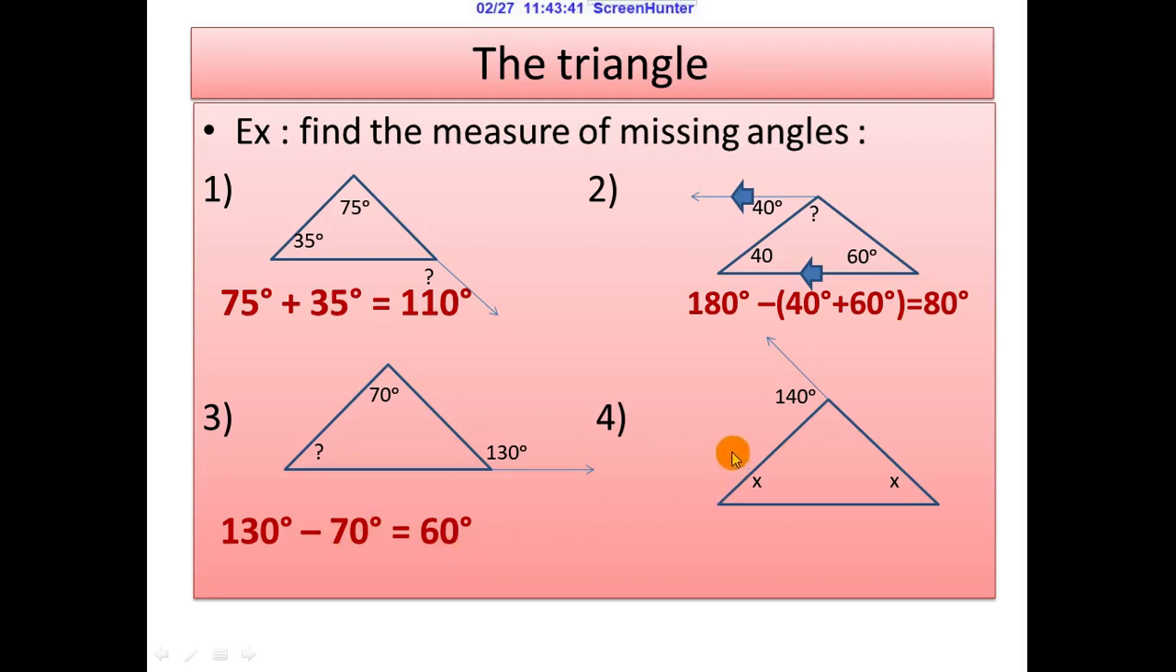Finally, in the fourth shape, it gave me an exterior angle equal to 140, and it told me these two angles are equal in measure because they have the same sign, but we want to find one of them. How? We know 140 here equals their sum, and at the same time they are equal in measure. So to find one of them, we must divide 140 by 2 to find the measure of each one, like that. It will be 140 divided by 2 equals